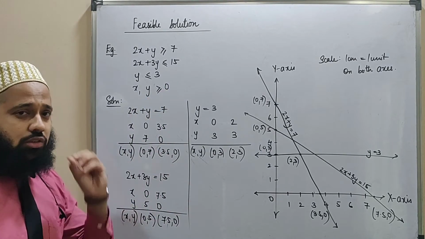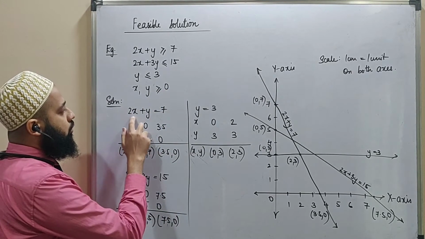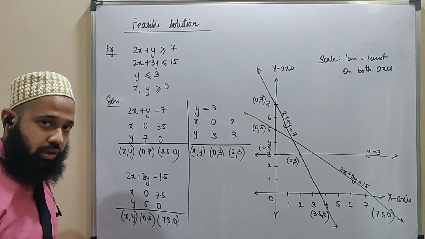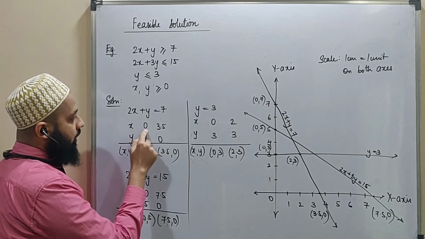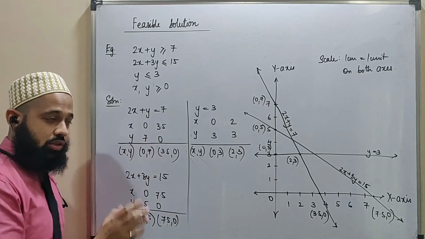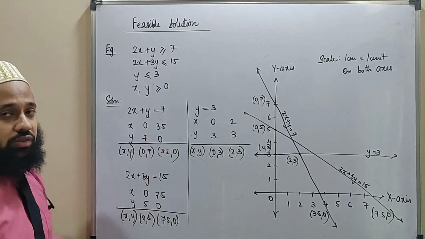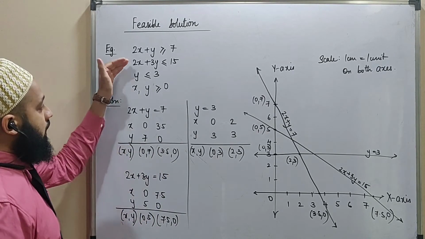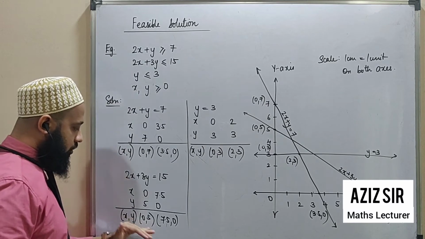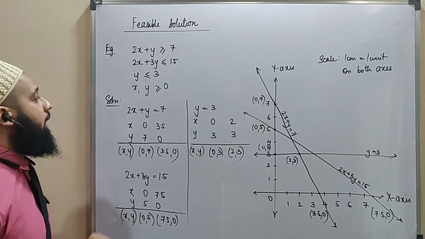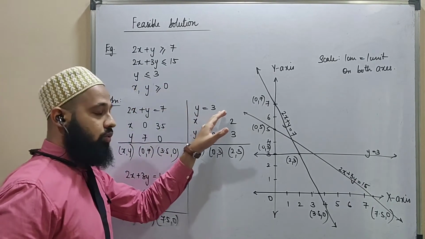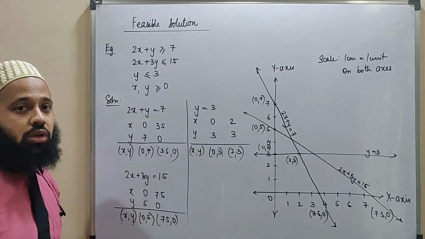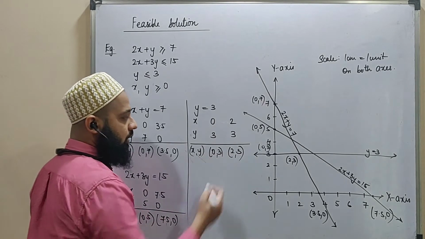So a bit of basics is already done. As you can see, we have 2x plus y is equal to 7. That is the first inequality converted into an equation. We have here x when put as 0, you get y as 7, and vice versa. If you put y as 0, you get x as 3.5, which gives you the coordinates for this particular equation. The second equation is here, and the coordinates are calculated as follows. And the third one, where y is equal to 3, you have to assume values of x as per your own wish, and that will make the coordinates.